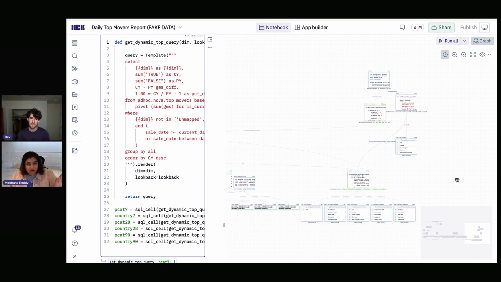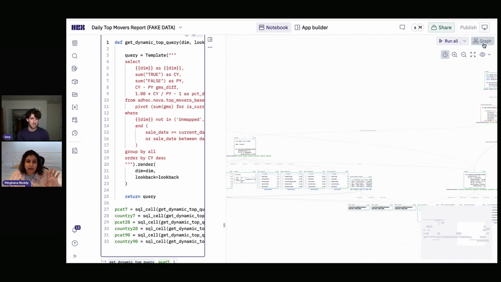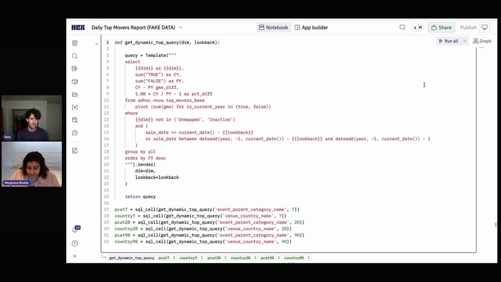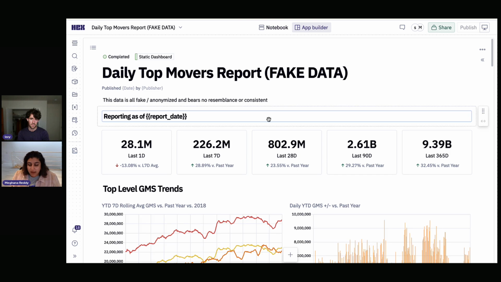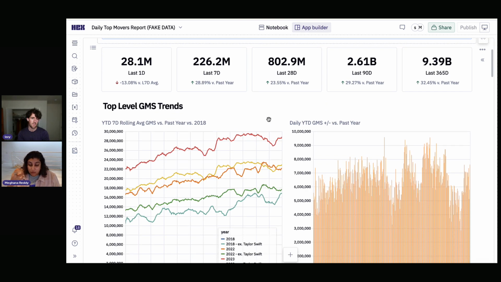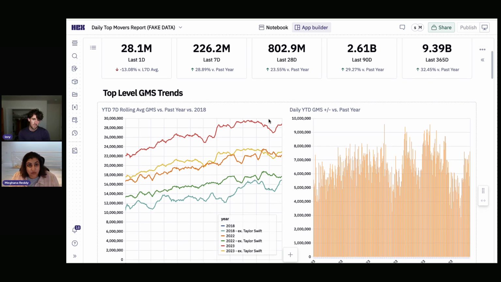So that was one example where the app itself is static, it's meant to be a push report, but the underlying logic is dynamic in nature and is updating every day, and ultimately yields much higher quality insights than the 5+ daily push reports that the team was receiving before.